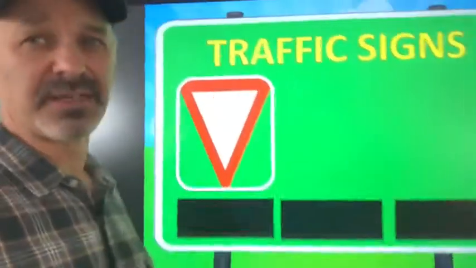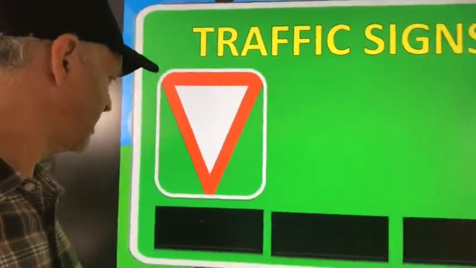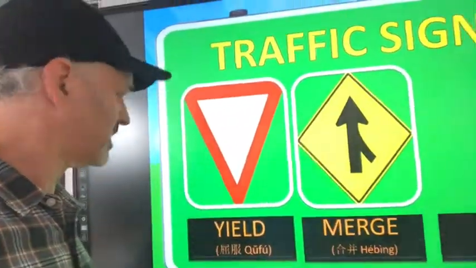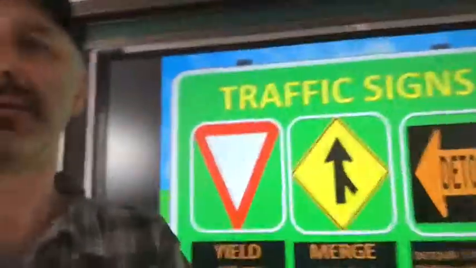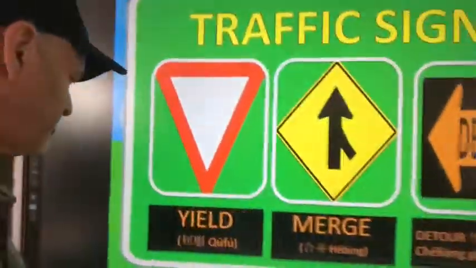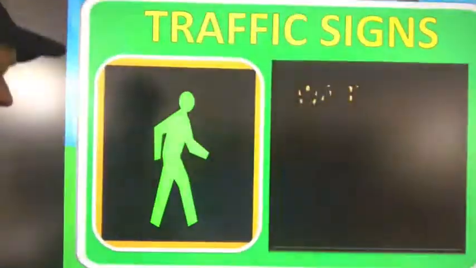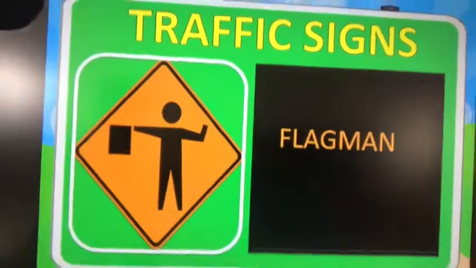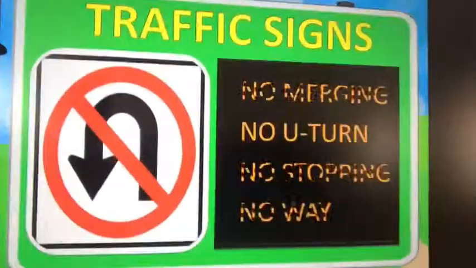We get into some traffic signs, very important aspect of road safety. You have the yield sign, the merge sign, and the detour sign. All kind of very important signs that are not so familiar here in China, where I taught this lesson. So I put a stress on those, and then we just go through different signs here before we get to an activity. No parking, flag man, giving points, rewarding points for correct answers.